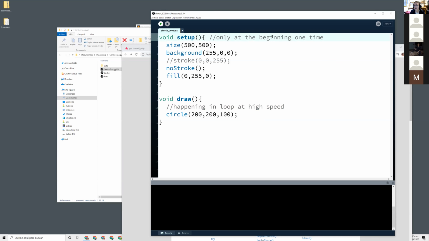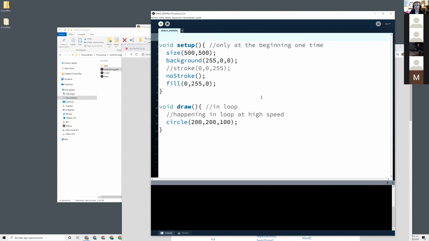Beginning. Is that fine? I think yes. And then this is happening in loop. Now this is size, color, no fill, color, a circle. So this is a section for global